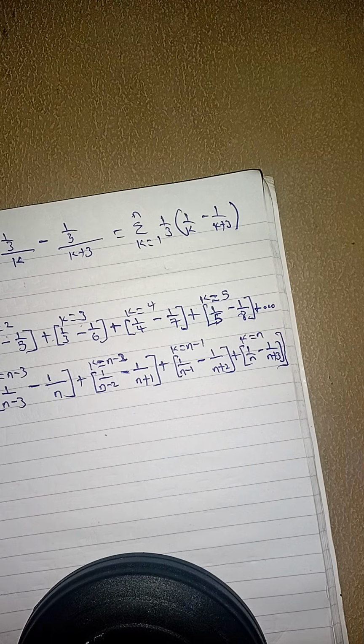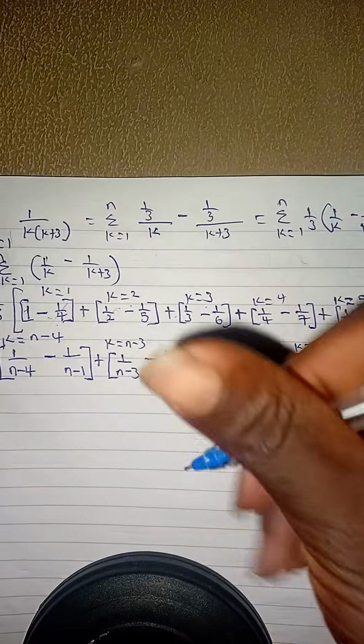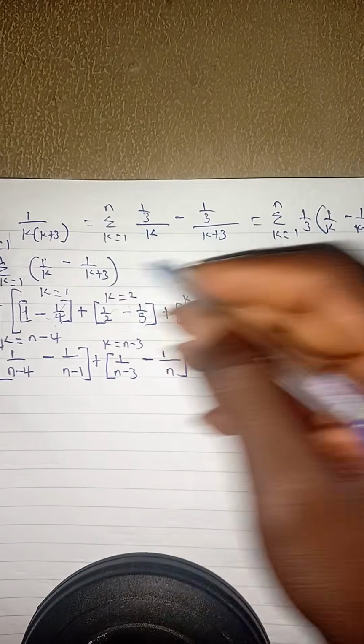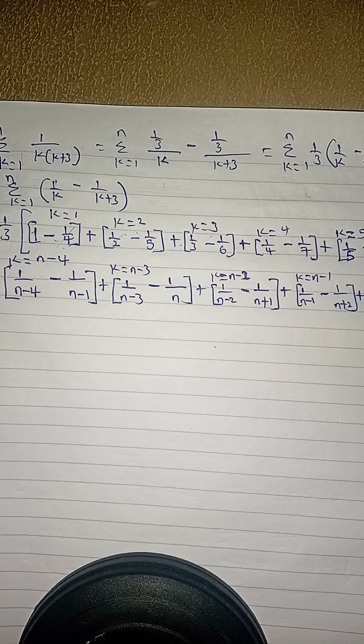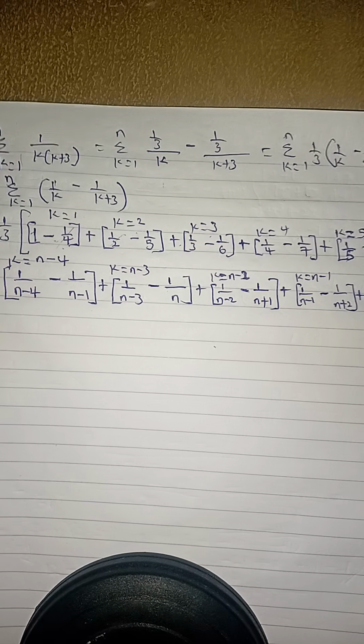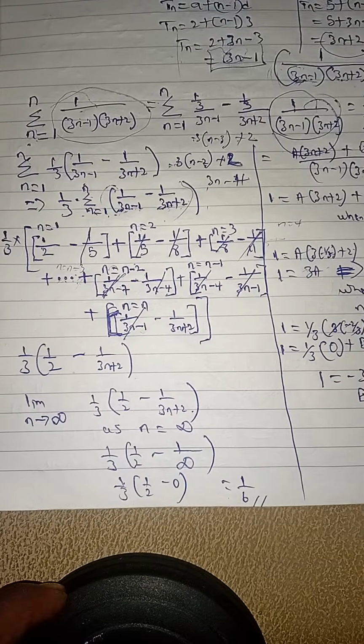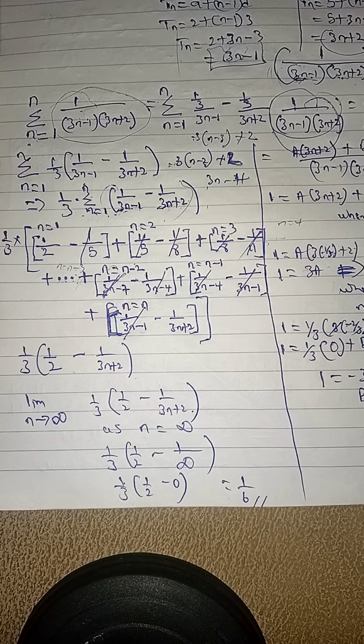Do we get? My k is now n, so I put n here, 1 over n minus 1 over n plus 3. So now, maybe I should go back to that first question. Now listen. It's because this one is very easy. That's why I show you the cancellation, but this is the logic.